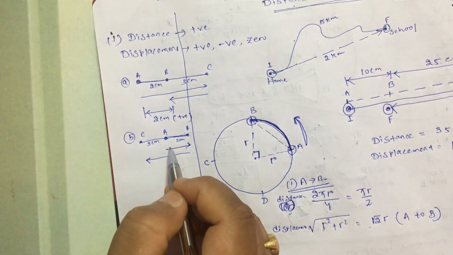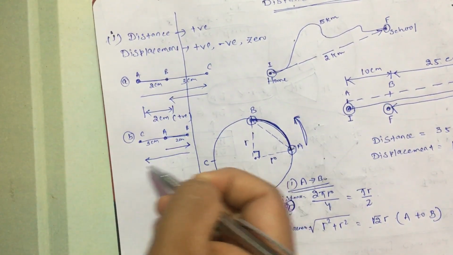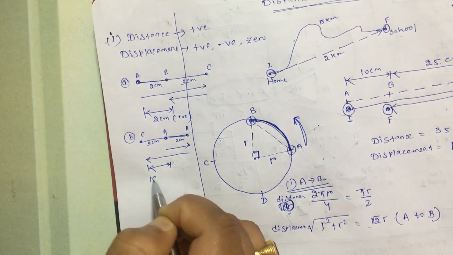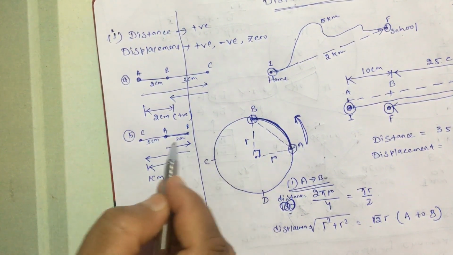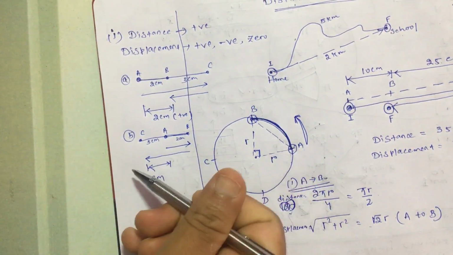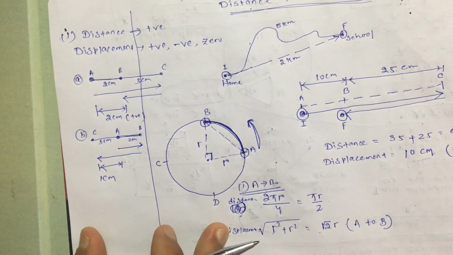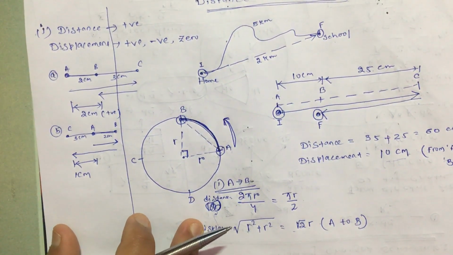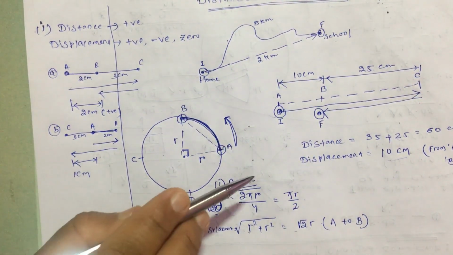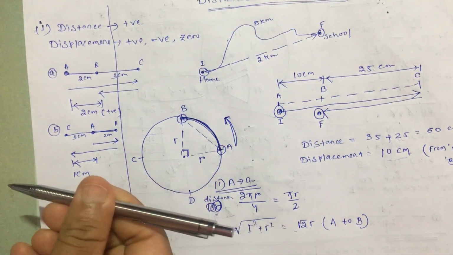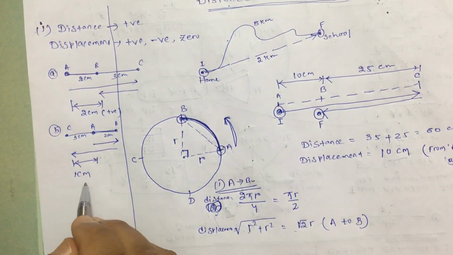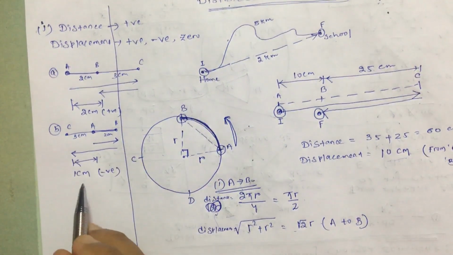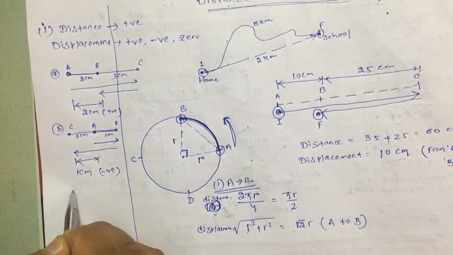So what is your displacement? It is 1 centimeter along this side. It is 1 centimeter, but along the negative direction, because if you are taking it as plus 2, you have to take it as minus 3, because remember, you are not dealing with distance, you are dealing with displacement, which is a vector. Vector means it has a particular direction. So if this direction you are taking as positive, this direction you have to take as negative. Okay, so what is the displacement here? 1 centimeter from A to C, or towards the negative direction. So here displacement is negative.